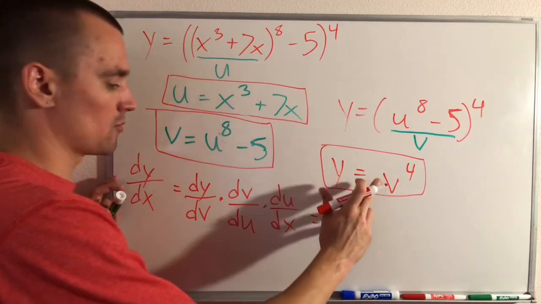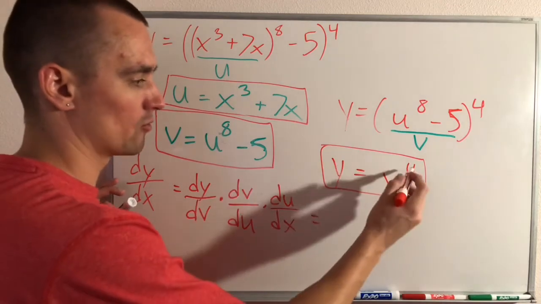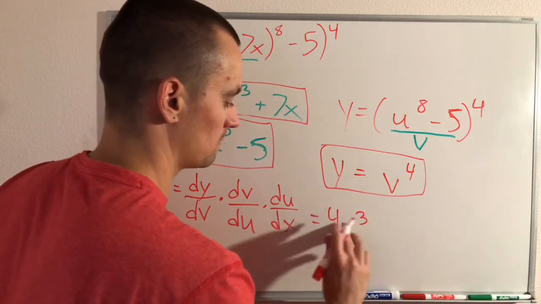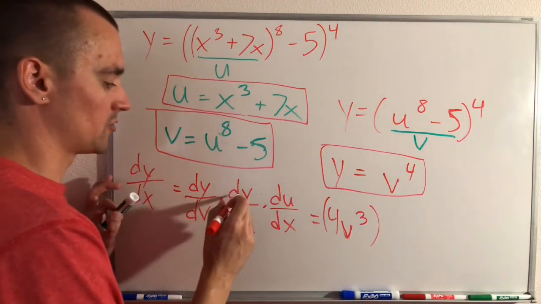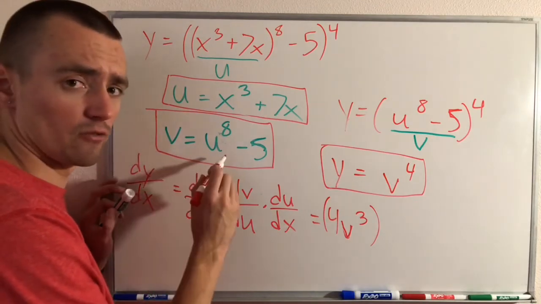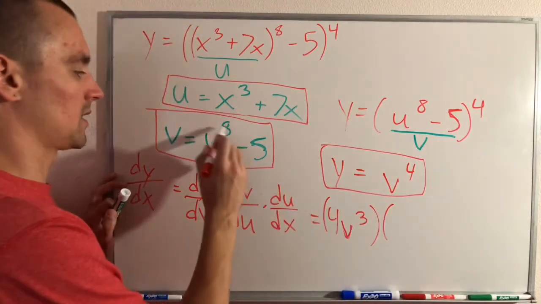Since v is our variable, finding the derivative of this function with respect to v just requires the power rule, so we can just bring the 4 down in front, lower the power by 1. So this is dy dv, and then we need to multiply that by the derivative of v with respect to u. So now this function, we're going to take the derivative with respect to u. So again, that's just power rule. We're just going to bring the 8 down in front,